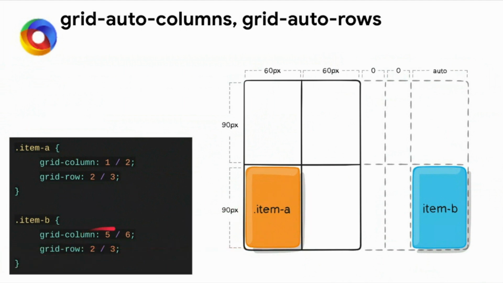But another item he has created with the columns 5 and 6, which is beyond the reach. Akshit created two rows and two columns. But Deepak has added another column which is not placeable inside the original created grid. So what will happen? Our grid will automatically create some more grid tracks until it can match column numbers 5 and 6. Once column 5 and column 6 are created, it will place that item, but this place is outside the original grid. So here grid auto columns and auto rows come into the picture.